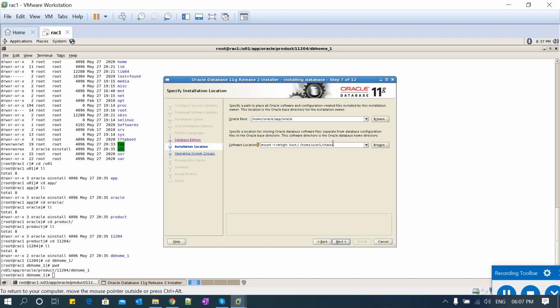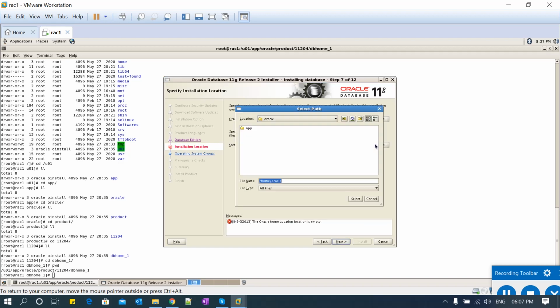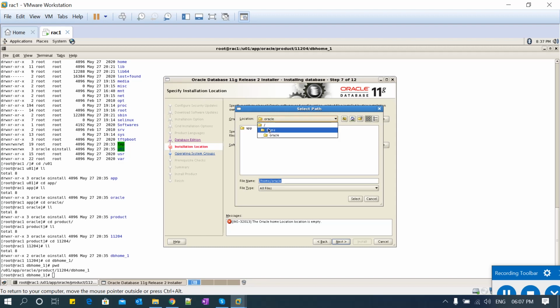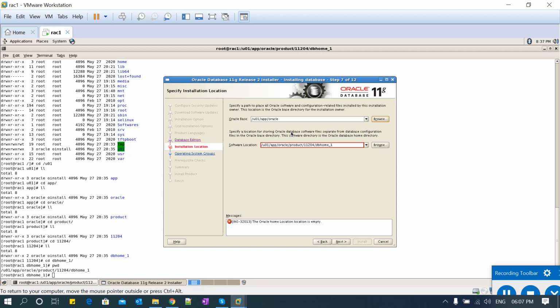I'm going to select /u01/app/oracle as my Oracle base, and this is the software location.